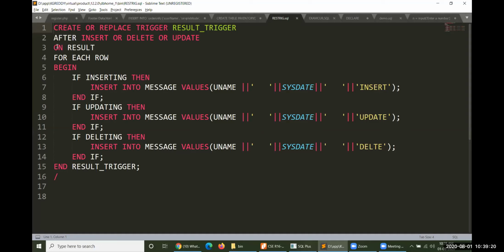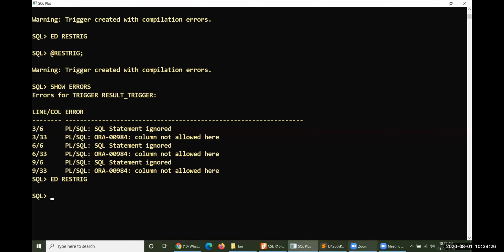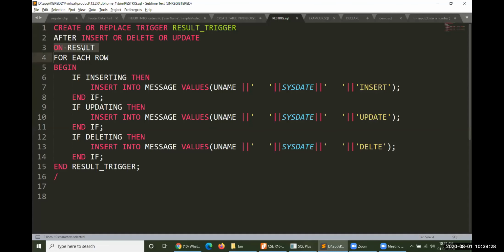Where is the third line? On result for each row. What exactly will the error be? Third row and the sixth column. On result for each row, begin, inserting. Yes, it is correct only. Everything is correct. MESSAGE. Yes.